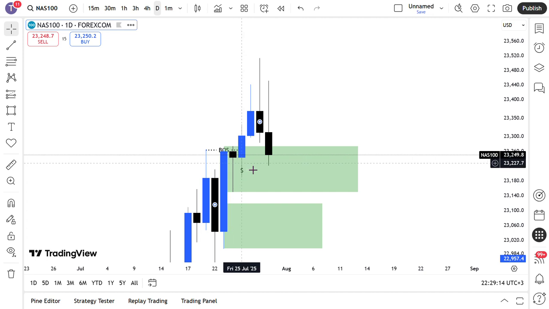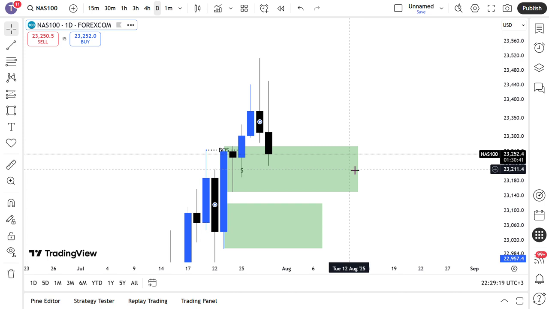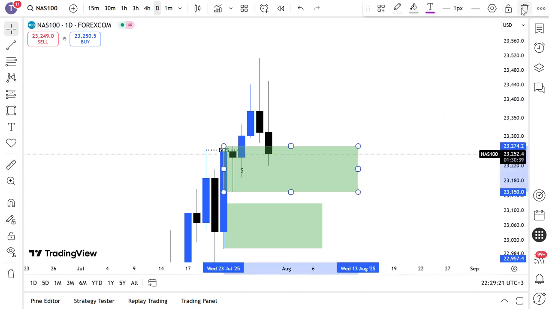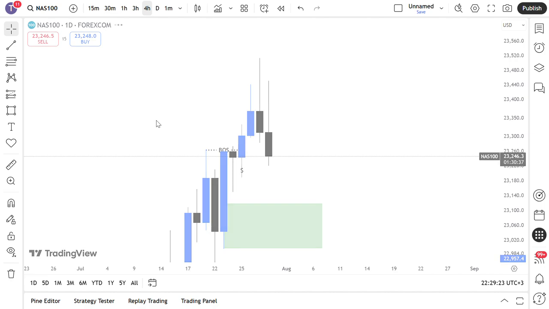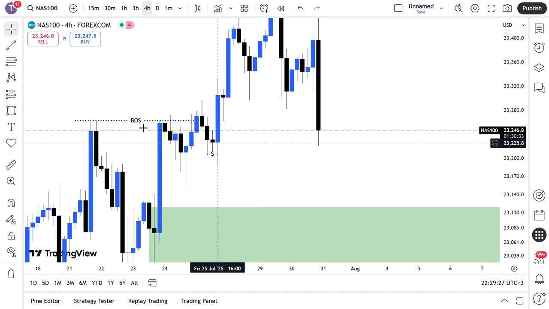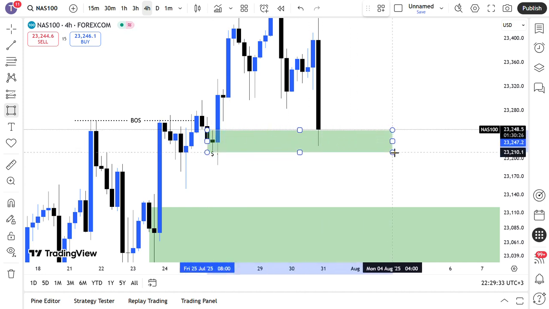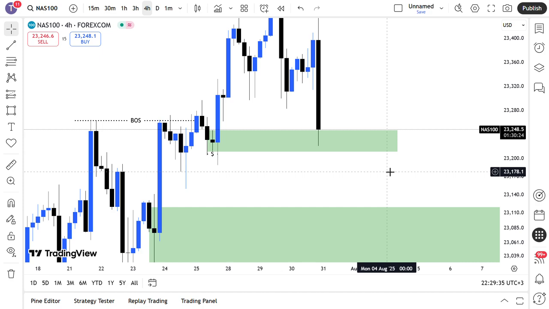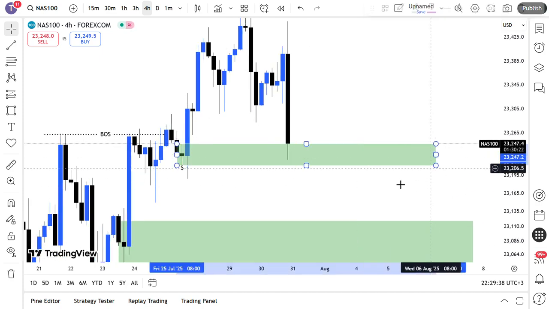So that's why my 4 hour order block is from inside this daily order block. So let me delete that and go to the 4 hour time frame. So that's why this order block is very good. We will see what happens to the order block, but the